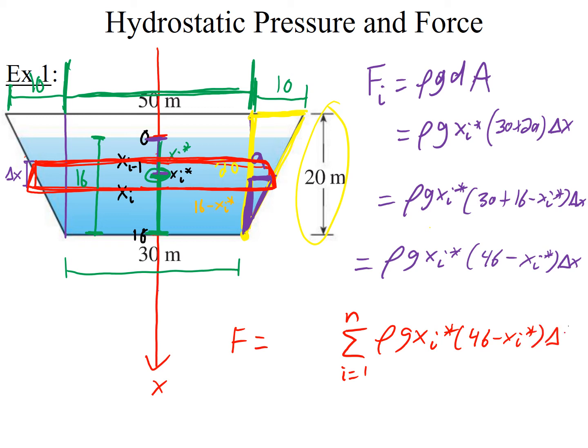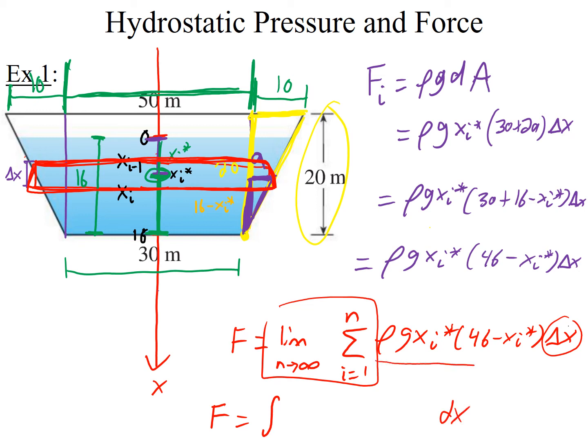When we increase the n, two things happen. The rectangles look almost like the trapezoid, and the assumption that the depth at all points on the rectangle is the same is closer and closer to correct. Again, if you had millions of rectangles, the depth of the top and bottom of the rectangle will be almost exactly the same. So we need to send n to infinity to get the exact hydrostatic force. Limit as n goes to infinity. When you have a limit as n goes to infinity of a sum like this, this becomes an integral. This part becomes the integral sign, then this part becomes dx, and instead of xi star, you write x. It's going to be rho g x